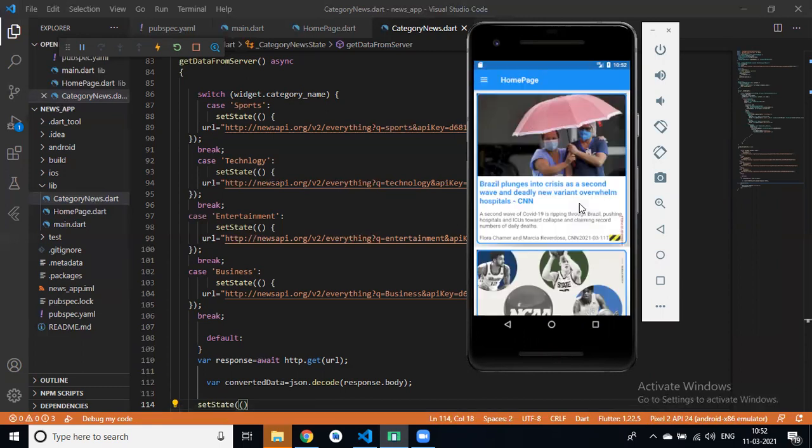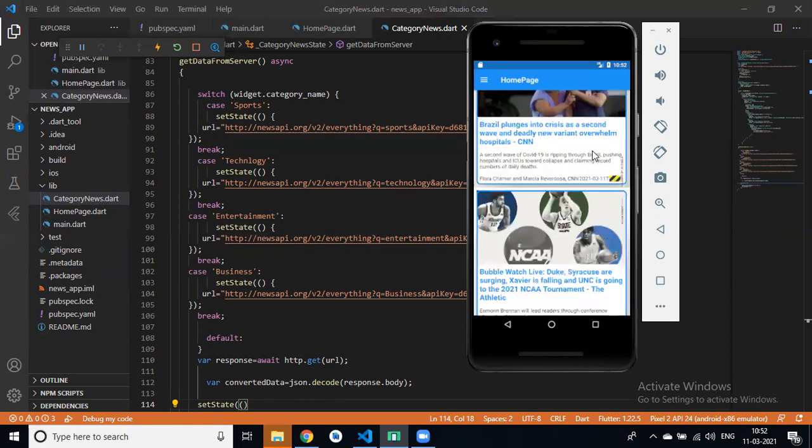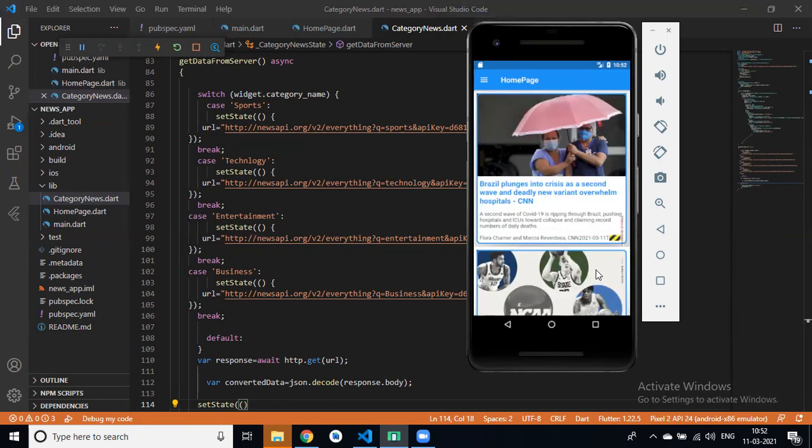So we have created a complete news application. We can implement more features like sharing articles, comments, and more, like dark theme and light theme.